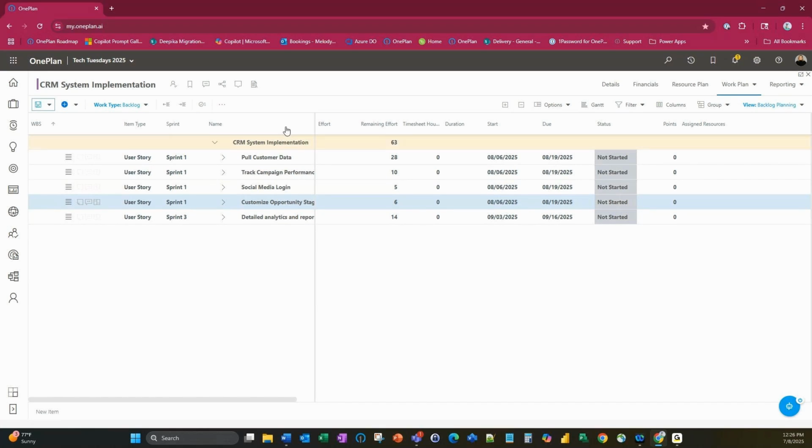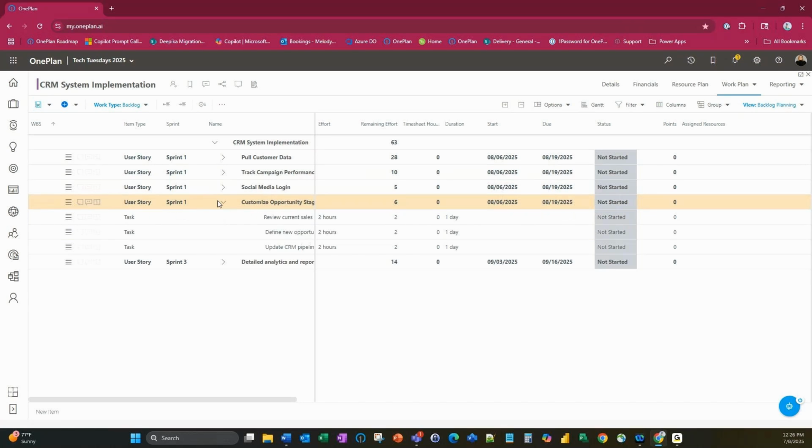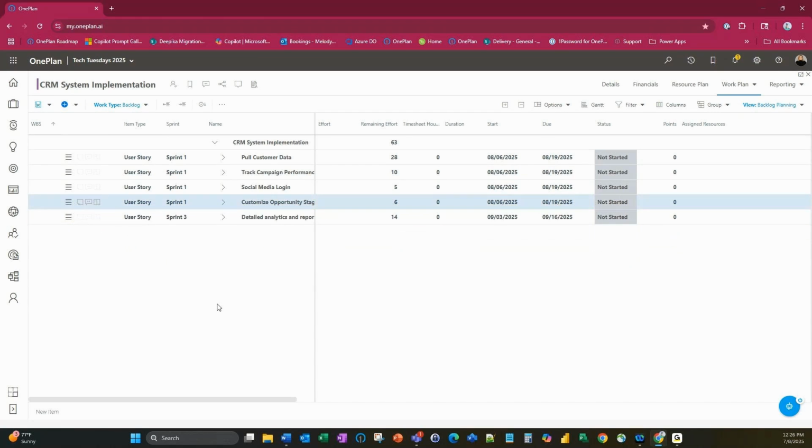So you can add your different user stories, move them around, change the sprint that they're in. It doesn't change the task underneath. The tasks will stay right along with the user story. And so you still have access to those tasks. They do not move at all.